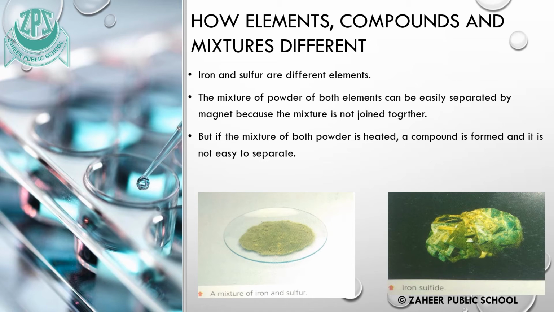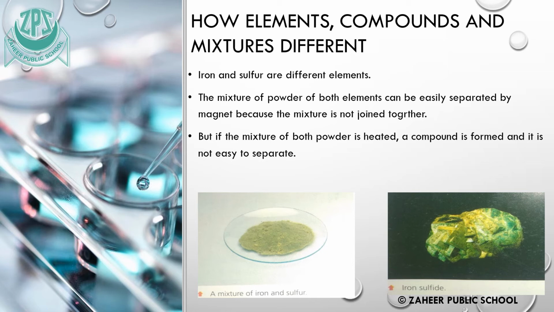If you have iron powder and sulfur powder, and you mix both powders together, it becomes a mixture, and you can easily separate the mixture with the help of a magnet. If you bring a magnet close to this mixture, the iron powder will jump to the magnet. So the properties are similar to those of the elements because the elements have not joined together, and so they can easily be separated. But when you heat this mixture, the two elements join together and a compound is formed